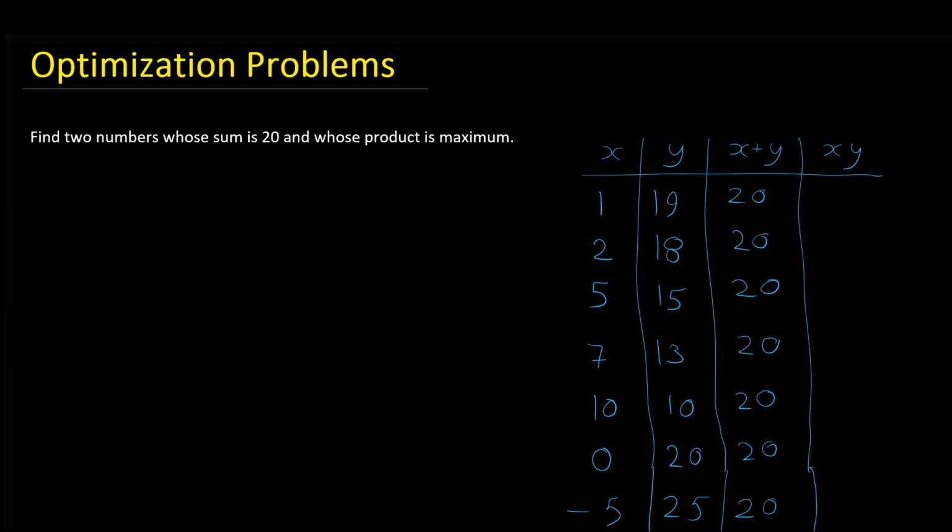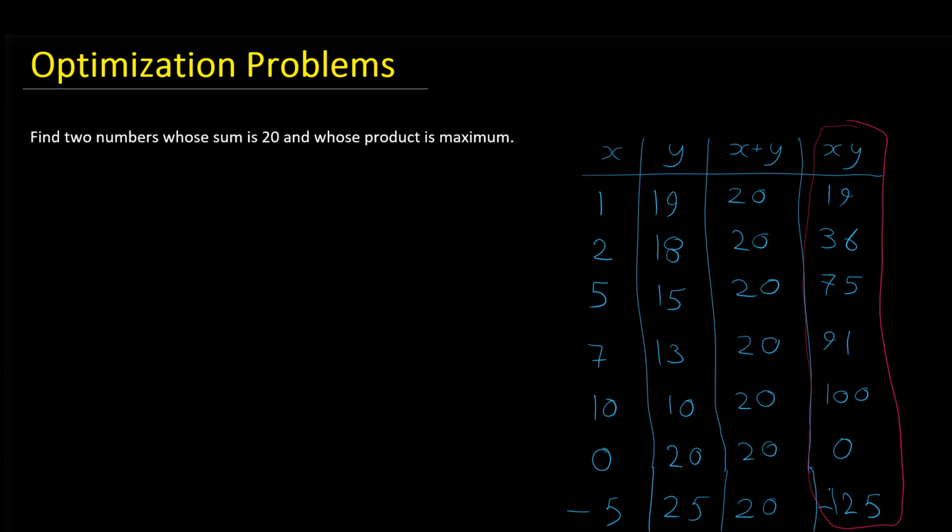But if you check, the product of these numbers are different. 1 times 19 is 19. 2 times 18 is 36. 5 times 15 is 75. 7 times 13 is 91. 10 times 10 is 100. 0 times 20 is 0. -5 times 25 is -125. By looking at this table, we can see that the maximum of the product happens